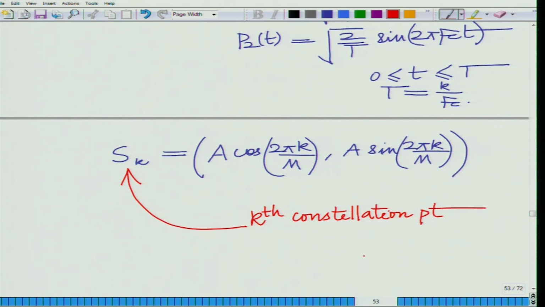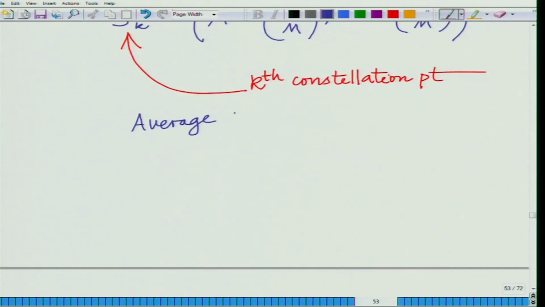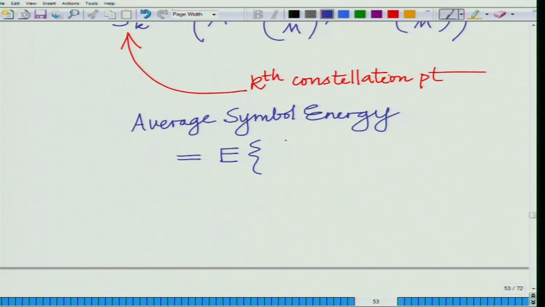This is the kth constellation point, and now if you look at the average symbol energy, that is equal to the expected value of the average energy of the waveform, expected value of x(t) squared. You can write this as the expected value of